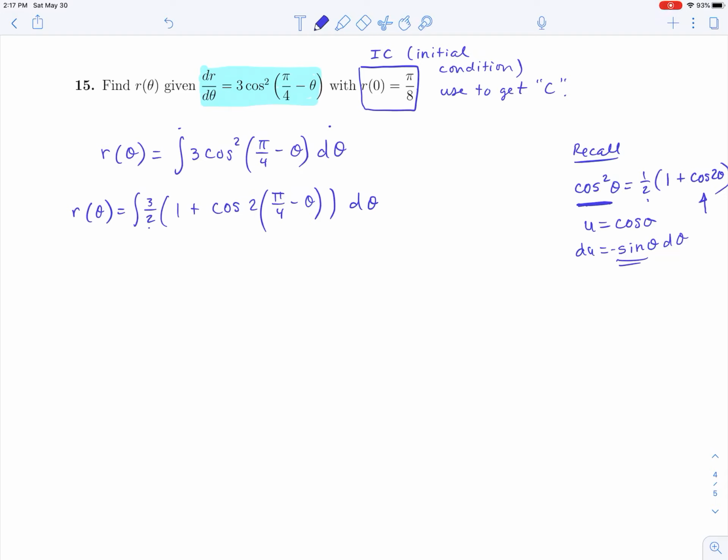And then when we integrate this, we can just pull out the 3/2. The integral of 1 d theta is theta, and then the integral of cosine is sine, positive sine of this thing. I'm going to go ahead and distribute the 2. So this will be pi over 2 minus 2 theta